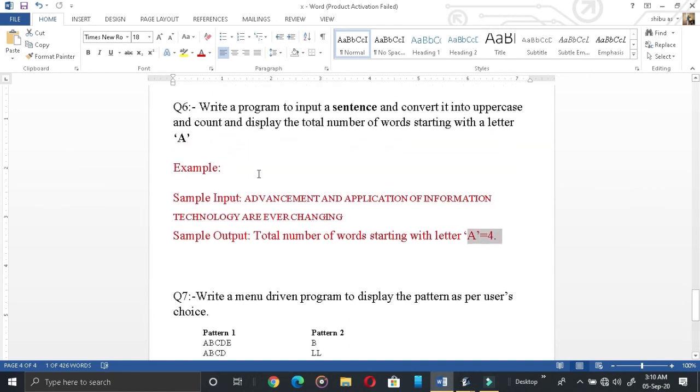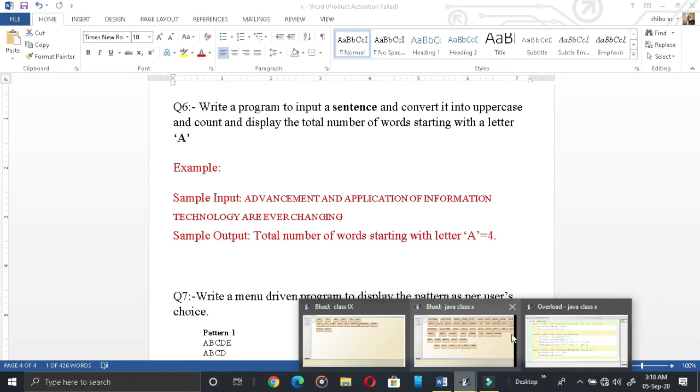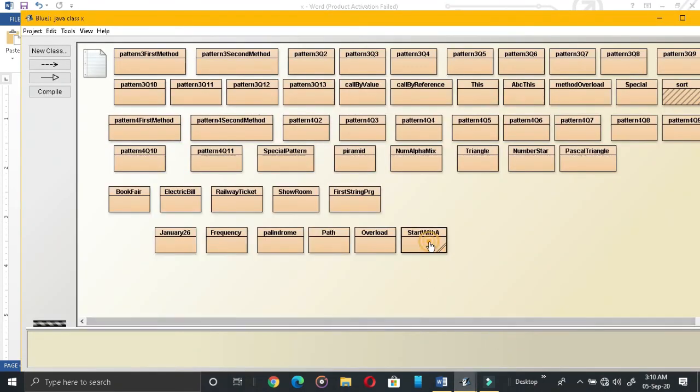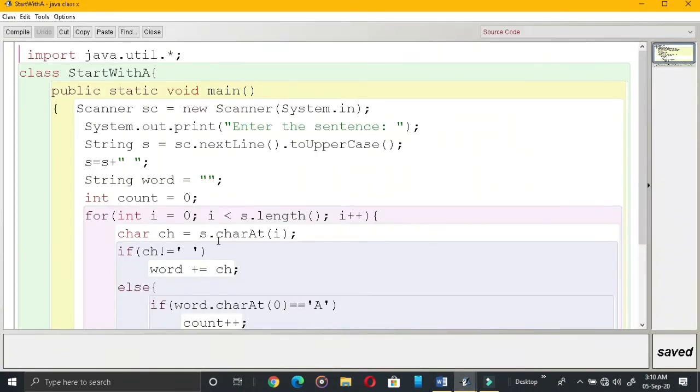Let us see this program now. Okay, coming over here, this is your program. It is almost the same as the previous program, where I explained how to search a word. Same way, see, util package Scanner class, then enter the sentence.